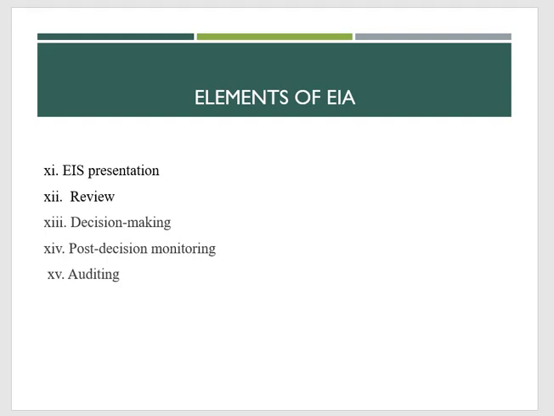Okay. Now post decision monitoring. After the project is approved, monitoring is done in order to record the outcomes associated with development impacts. And the final step is auditing. So after recording the outcomes, that is the actual outcomes in the previous step, that is the post decision monitoring, it is compared with the predicted outcomes in order to assess the changes caused in the process. Okay, so these are all the steps or the elements involved in EIA.